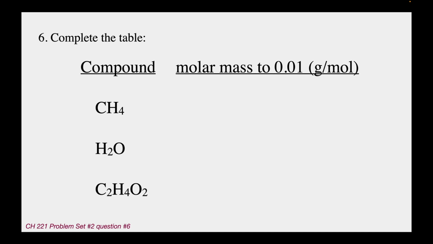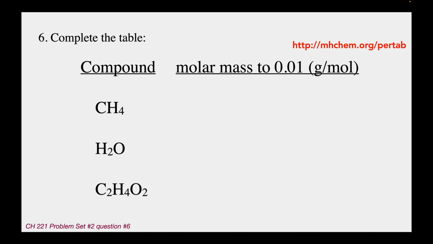In this question, I want you to calculate the molar mass of these compounds. Now, the molar mass is going to be so important to us in future chapters, and the molar mass is the grams of that compound in a mole of the compound. And if you have a mole of the compound, you have 6.022 times 10 to the 23rd molecules, stuff like that. So what you want to do on this problem is, first of all, make sure you have access to a periodic table. And again, I want you to use the periodic table located at mhchem.org/per tab. This is the one that you'll be using on quizzes and exams, and the more familiar you are with it,